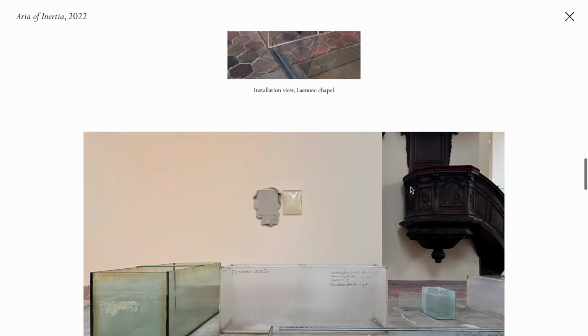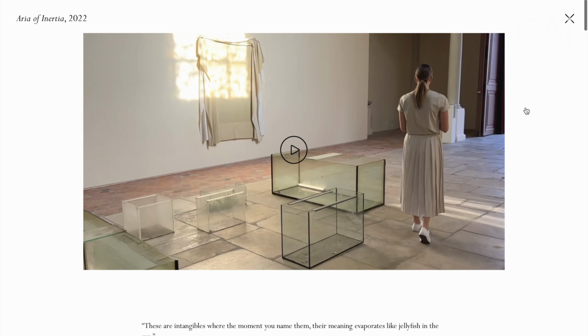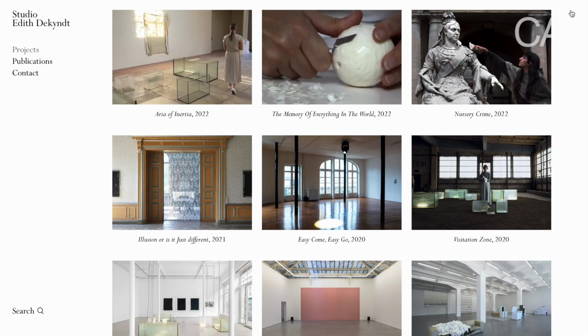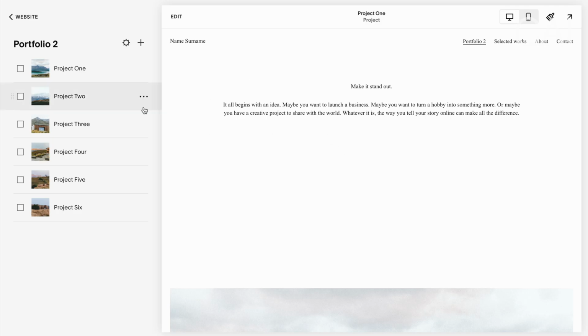However, this type of portfolio presentation is most applicable to already very established artists who already have established gallery representation and their exhibitions, so their portfolio can kind of take a different form here, especially with multidisciplinary project-based artists such as Edith de Kind. The main drawback of using this portfolio page is that not only do you need to